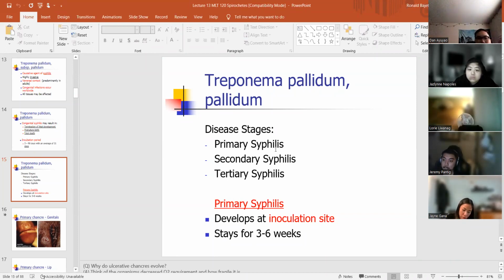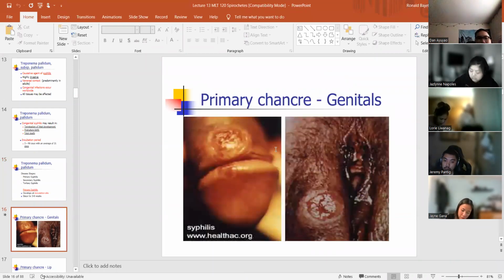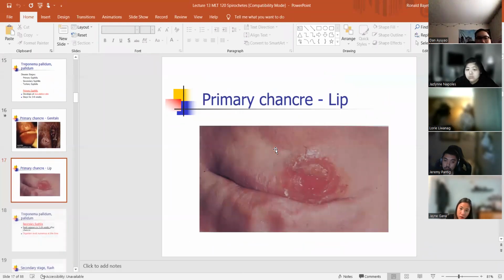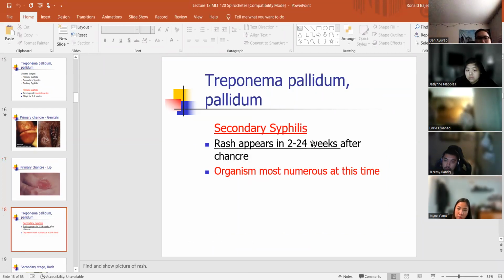Primary syphilis only stays for 3 to 6 weeks, about a month and a half. This is primary syphilis, how it affects the genitals and the lip. Secondary syphilis, after the chancre, those are called chancre sores previously. After that, a rash develops, and now you're in secondary syphilis. You get the rash in 2 to 6 weeks after